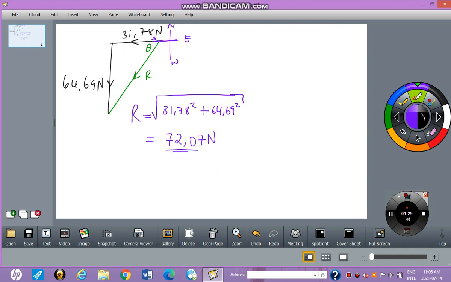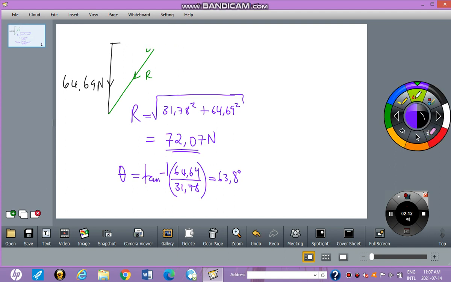That's now Newton. And your direction will be given by the tan inverse of 64.69 over 31.78. And this gives us a value of 63.8 degrees. So now, looking at your diagram nicely,